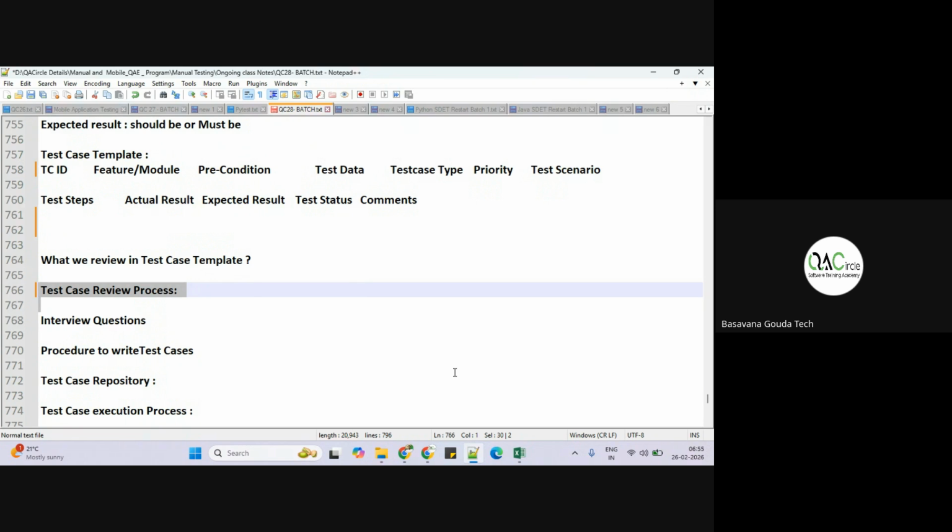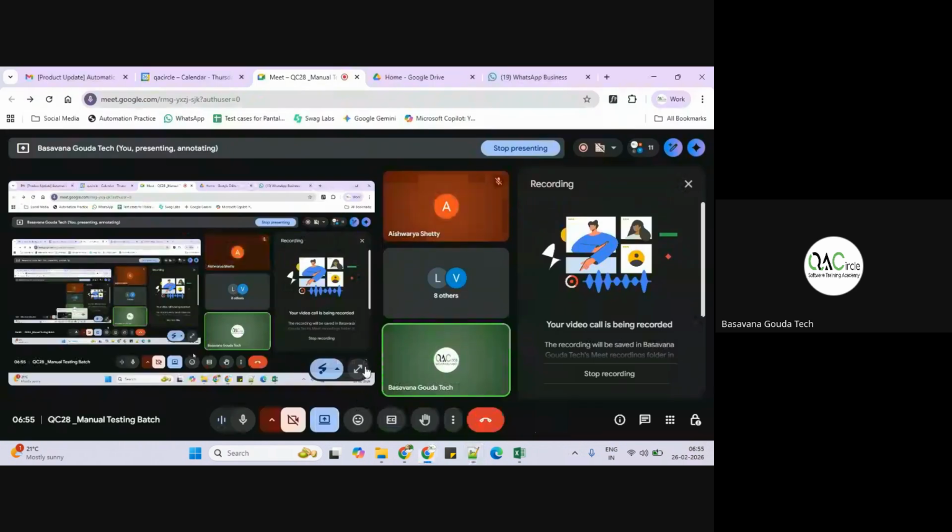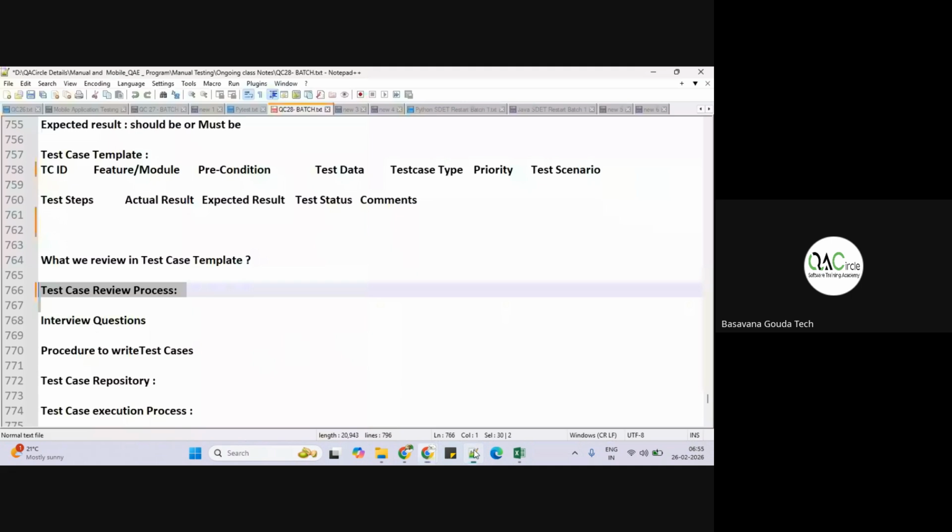While reviewing the test cases, if they find any of the mistakes,